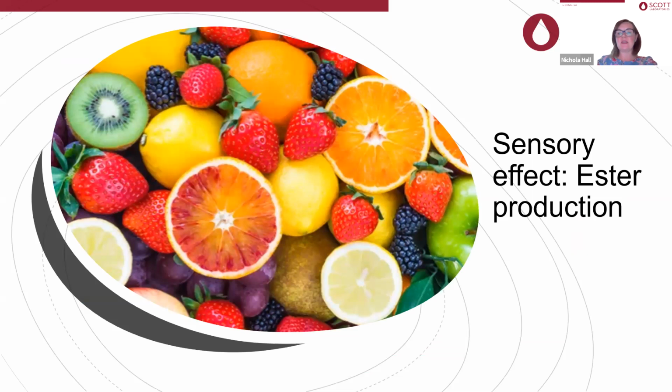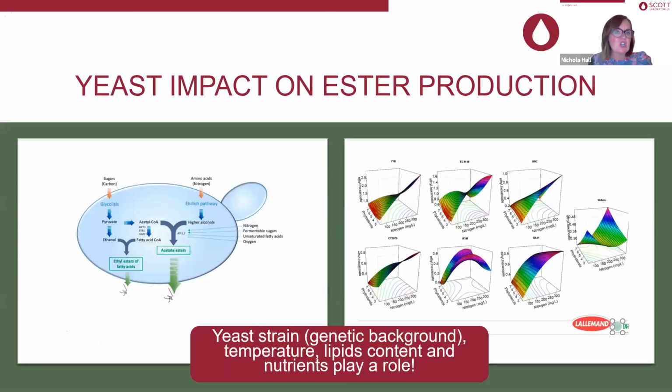Oh, so esters. Okay, I said yeast can produce esters. So those are the fruity floral compounds as well, different from the terpenes. And yeast are thought to produce esters as a means of detoxification. So these are something produced de novo by the yeast, and they could be produced via carbon metabolism or through